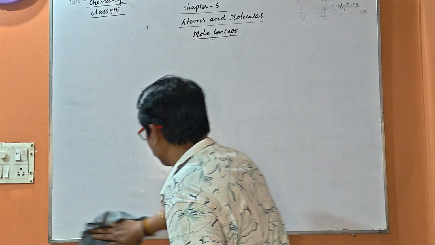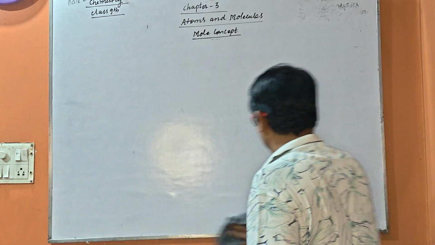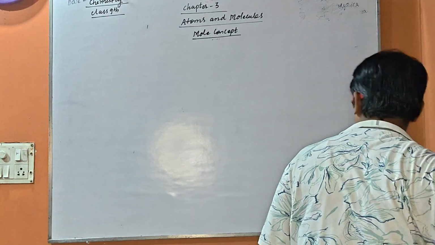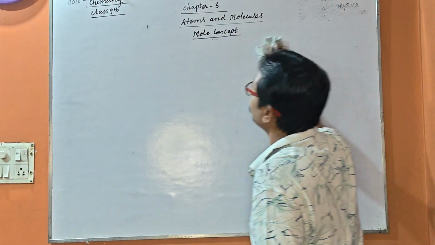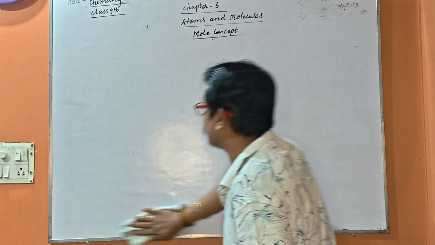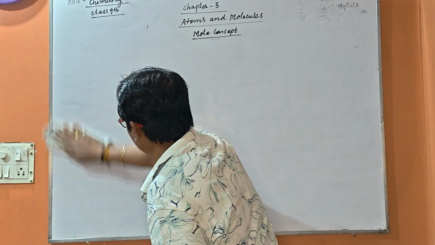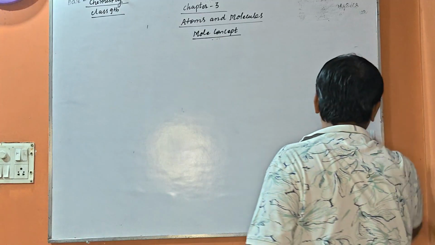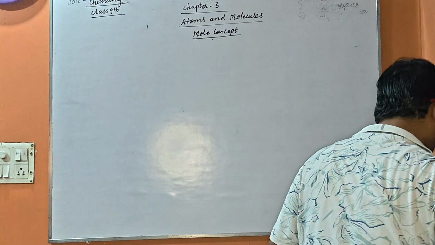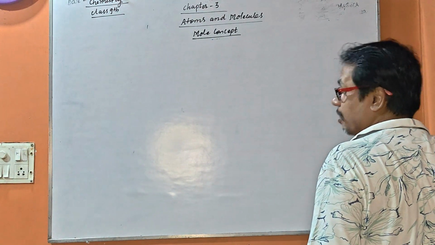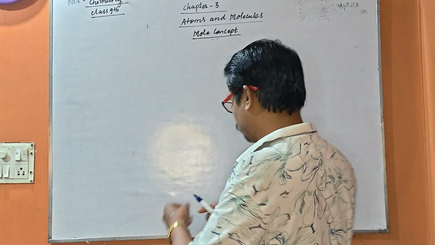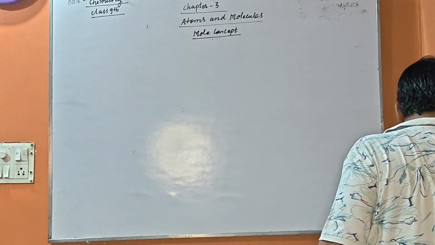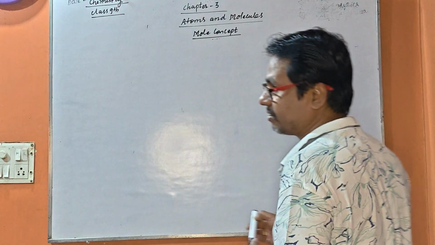Mole is the combination of molecules, ions, electrons or substance. You must remember in your mind, the mole is very important, and 1 mole is equal to the Avogadro number, that is 6.022 into 10 to the power 23. Somewhere you also find 6.022 into 10 to the power 22, but the exact data is 6.022 into 10 to the power 23. That is also called the Avogadro number or Avogadro constant.